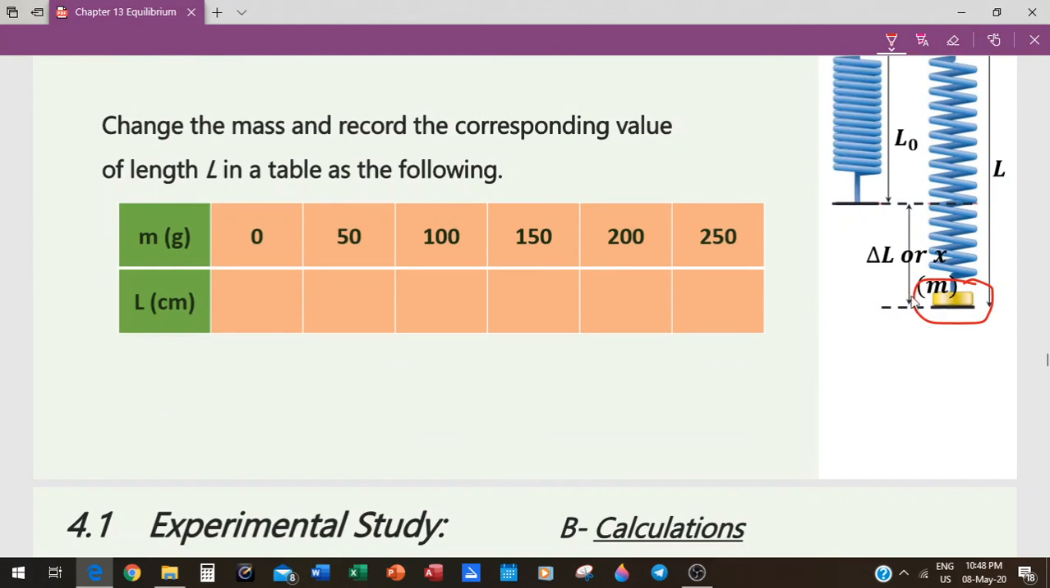How long is this spring? This is called delta L. This is delta, which symbolizes the variation of the length, or x. You can use both delta L or x. Okay,